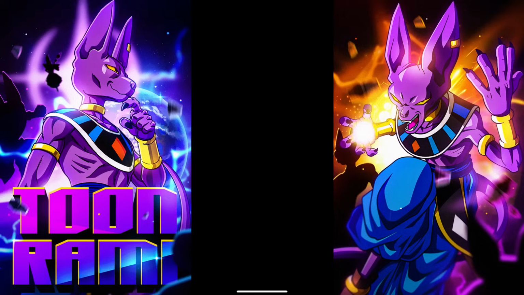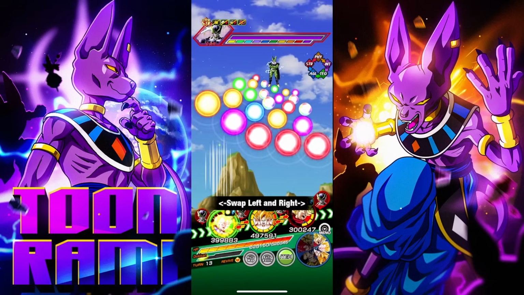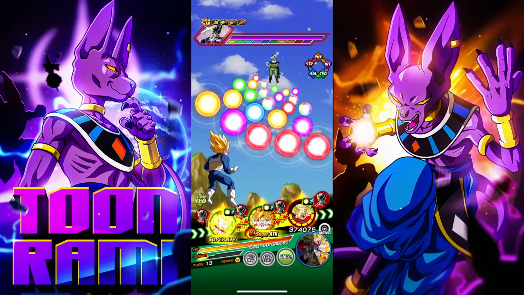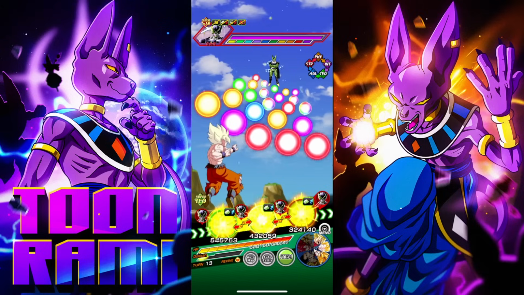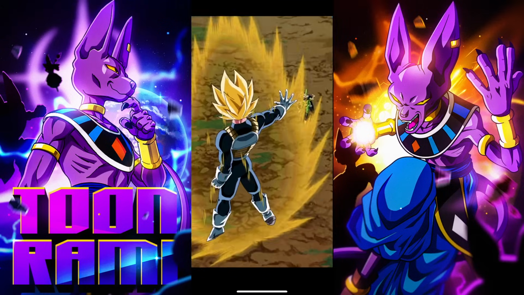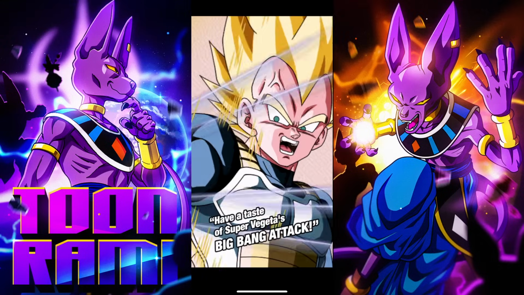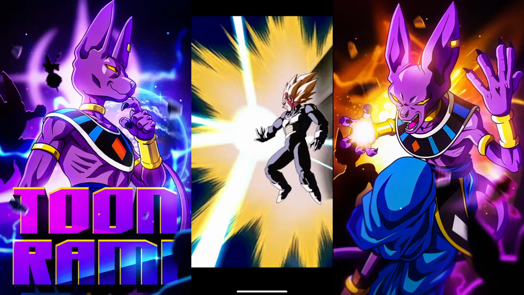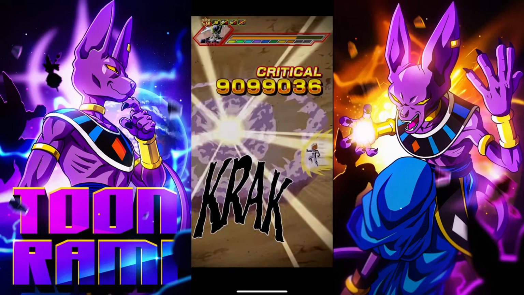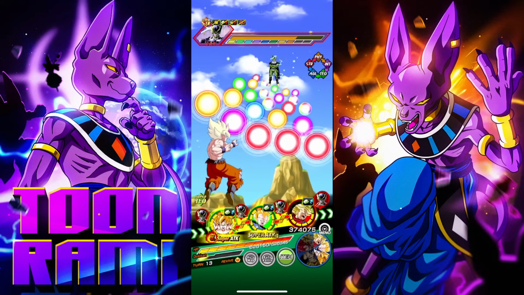All right, final form. Okay. I am going to use Super Vegeta's Big Bang attack. Are you ready? Oh, wait. Let me put him here. All right, here we go. Take this. Have a taste of Super Vegeta's Big Bang attack. I love you. You look so good. Oh, wait, we didn't get to see the... That's fine. The KO screen is cool and all, but we gotta...